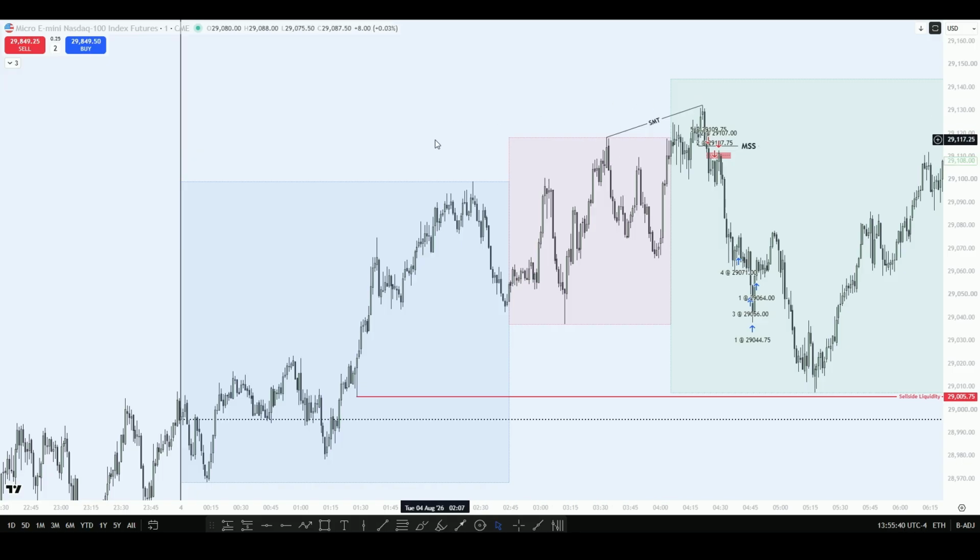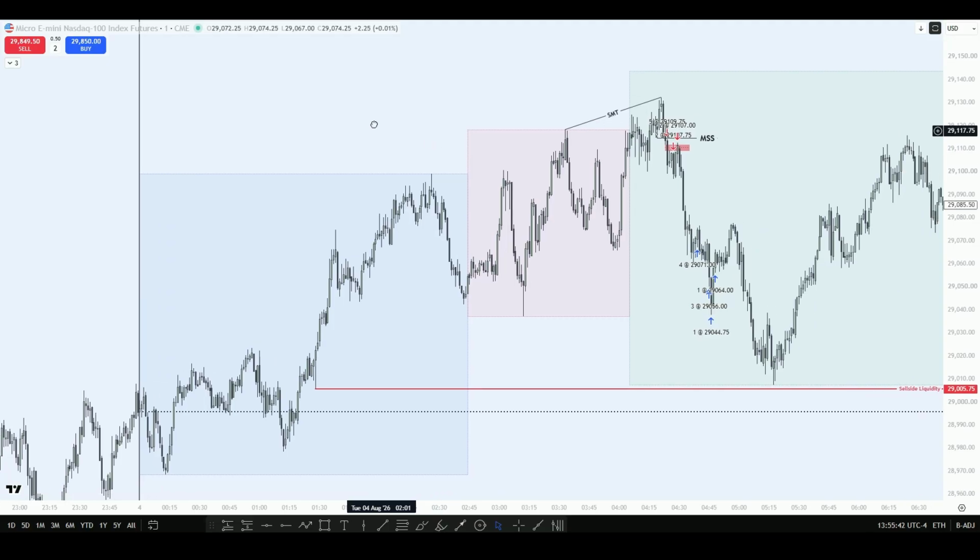There are details to this, and as I said, time was on our side, but price was not. So this is 330 here. So 330 is usually the sweet spot many times for